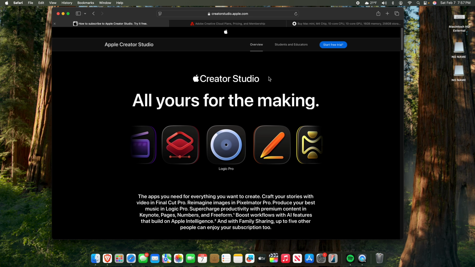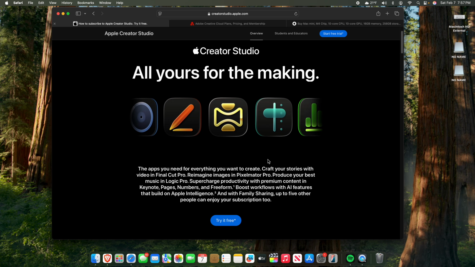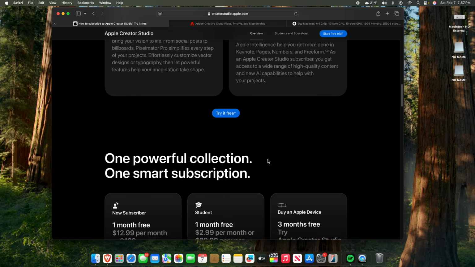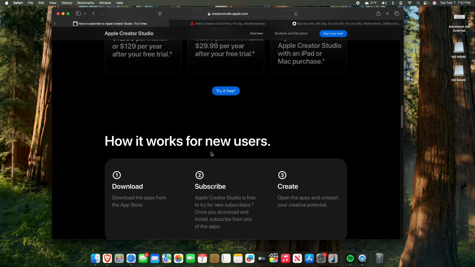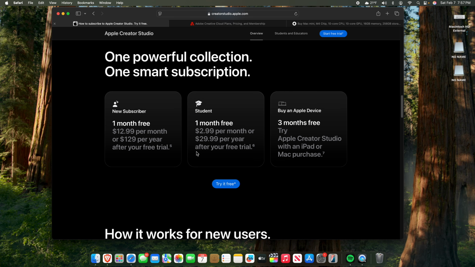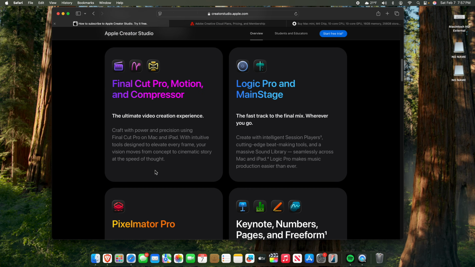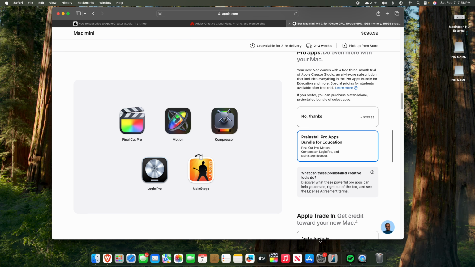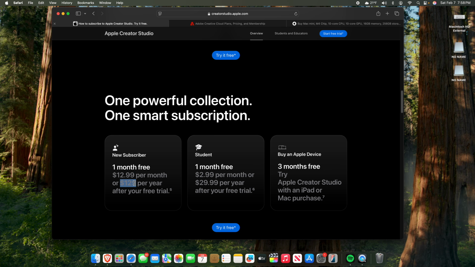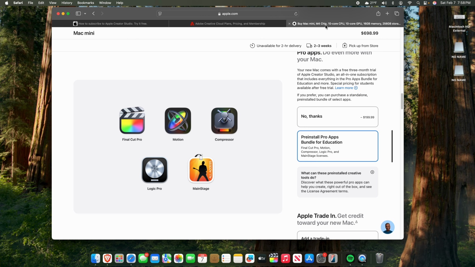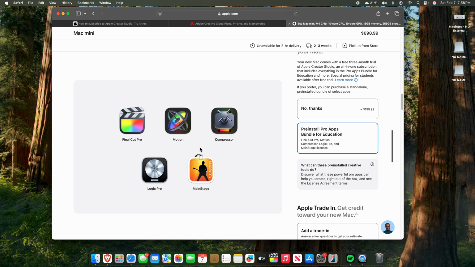But anyway, let me know what you guys think about Apple Creator Studio. Would you ever sign up for it? I think it's a no-brainer at the $299 price or $30 a year. That's just straight up a no-brainer. I think almost anyone can afford that if they could afford the Mac that it's running on. And outside of that, I think it's a steep price for what you get, especially considering for $199 you can get all of them. So you can get all of them for $70 more than the cost of 2 years. You would ROI on that in 2 years. So this one is tough to beat, but